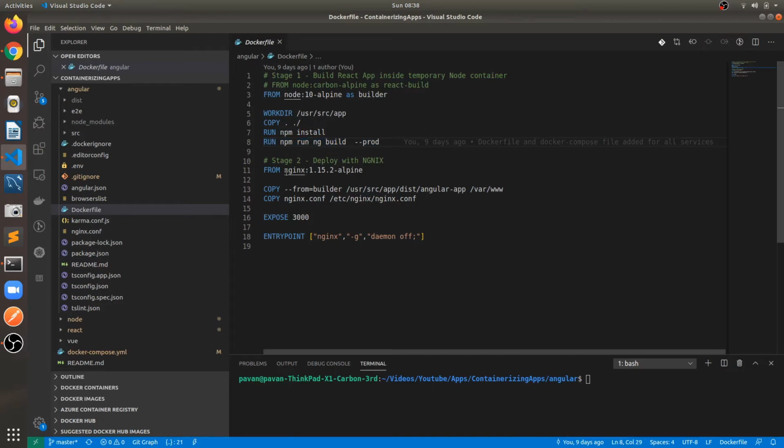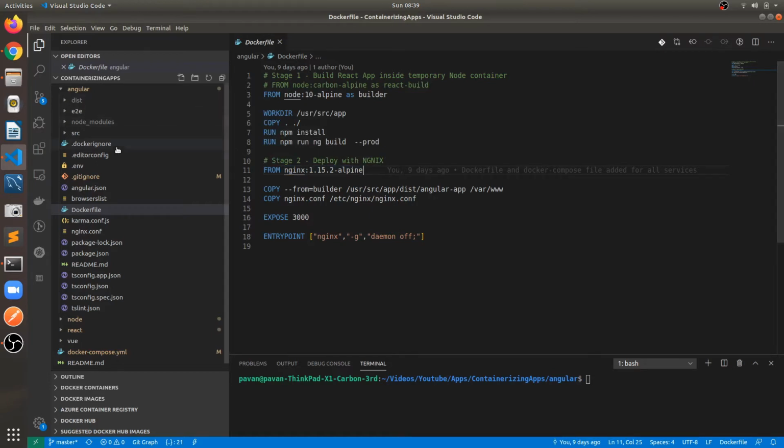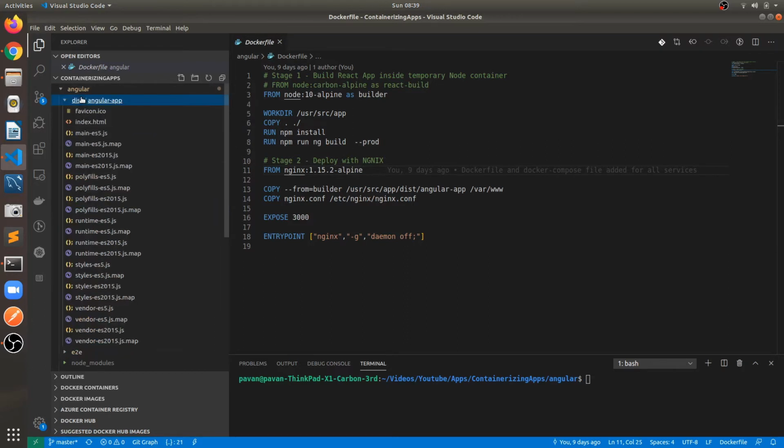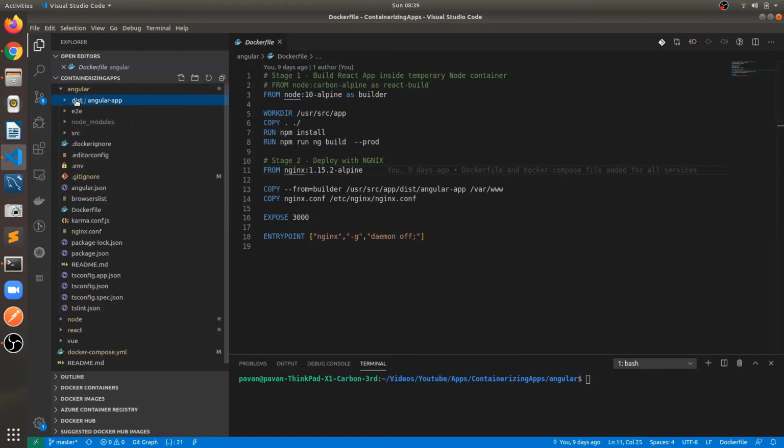The next step is we are serving these files using the NGINX proxy server. So in that case we have to run the NGINX server as well. So for that I am fetching the Alpine image of NGINX. After the production build, there would be one folder, the dist folder. You can see here. This folder will get created where all these important files would be there. So what we have to do is copy these static files from that dist folder to